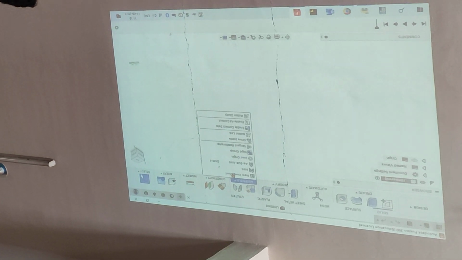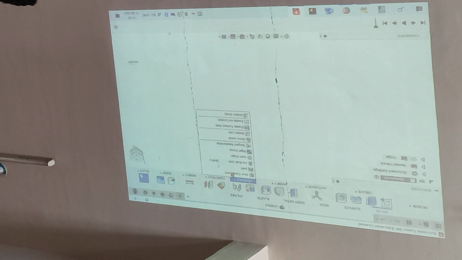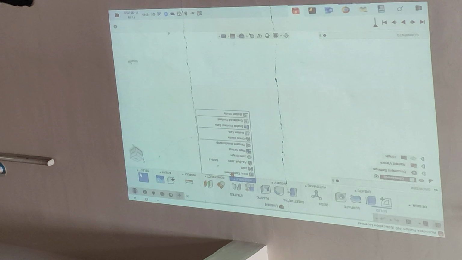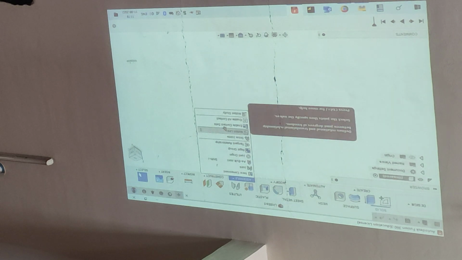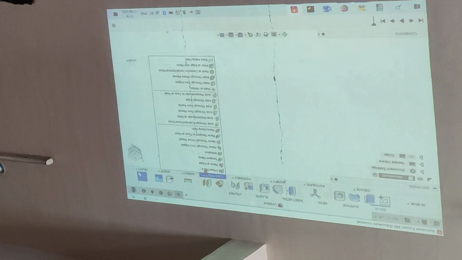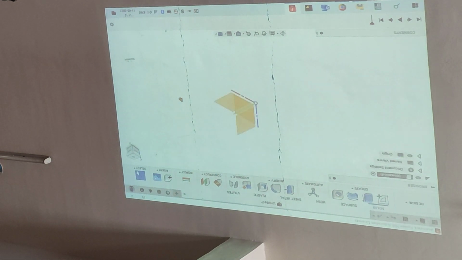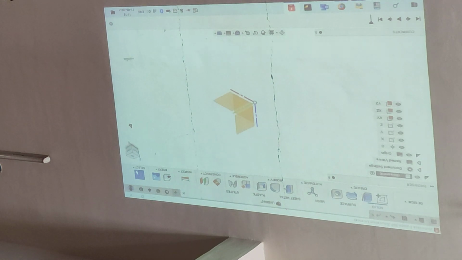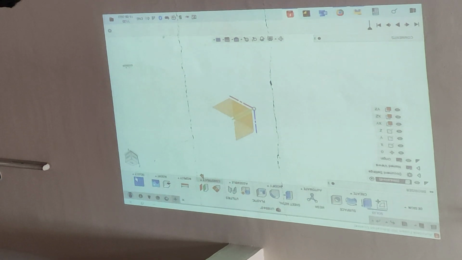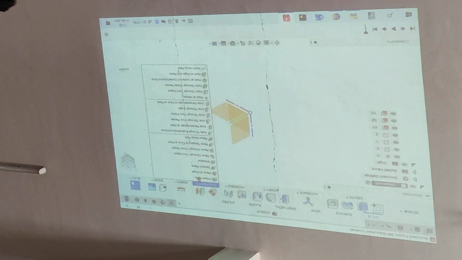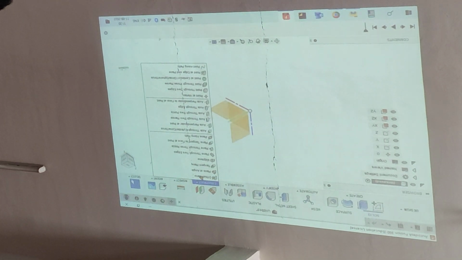Under assembly, we have the assembly commands where you can join one or more components to create assemblies, apply the joints, make the motion, apply the motion, and kinematics. Everything is available under assembly. Construction are the help elements that you have to create. By default, if I switch on the origin, you will get 3 planes, 3 axes, and 1 origin. Okay. And if you want additional, you can create more like offset plane, offset axis, or some other axis. Okay, and you can make use of them in the